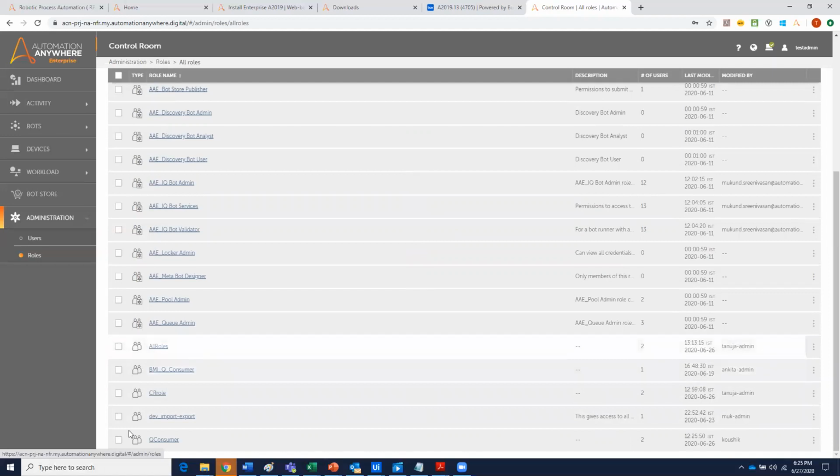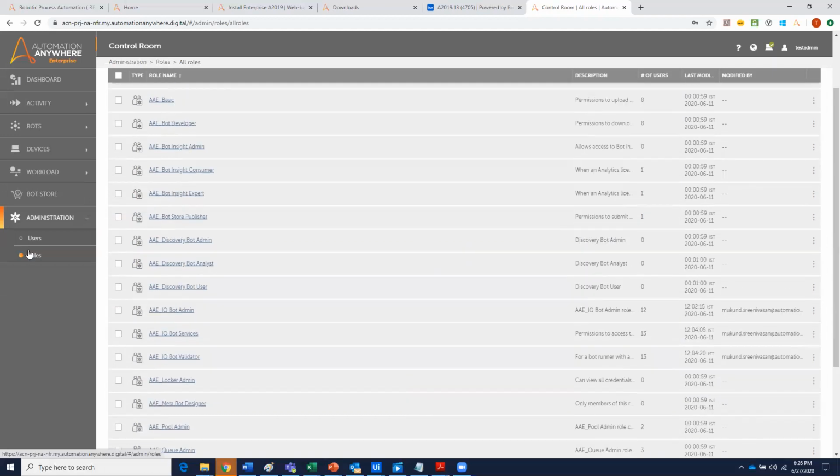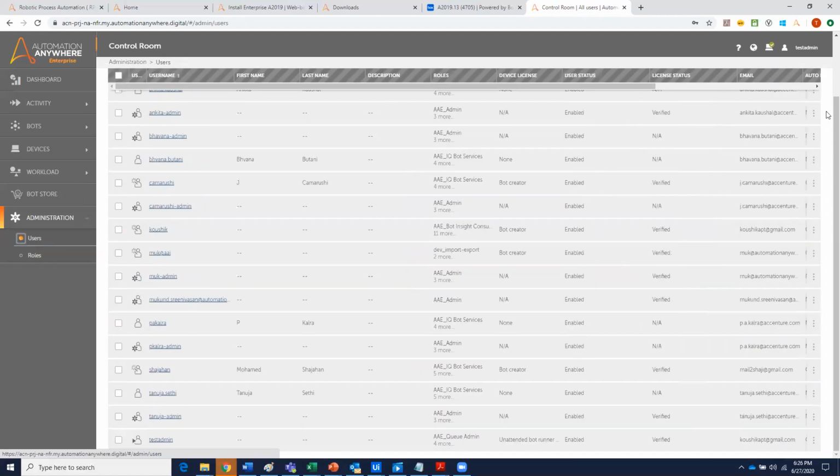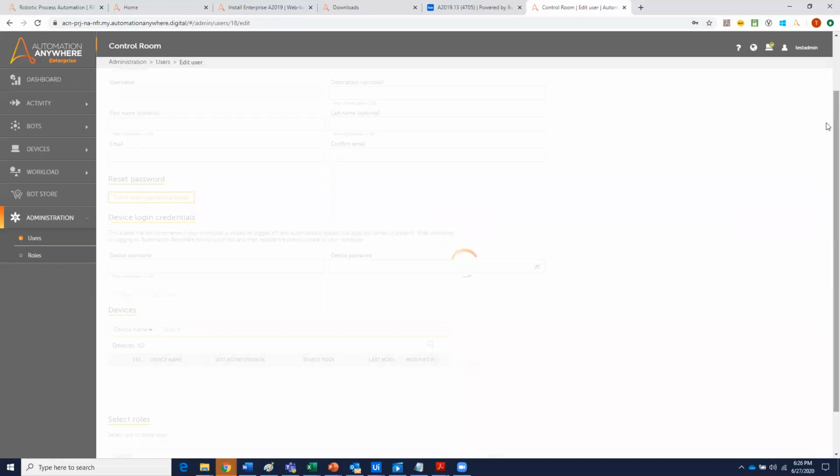I have created a few roles combining various options available, and you can have custom roles created, and you can use them just like system defined roles also. So these are roles. Next comes users. When you create a user, you would see that you would get